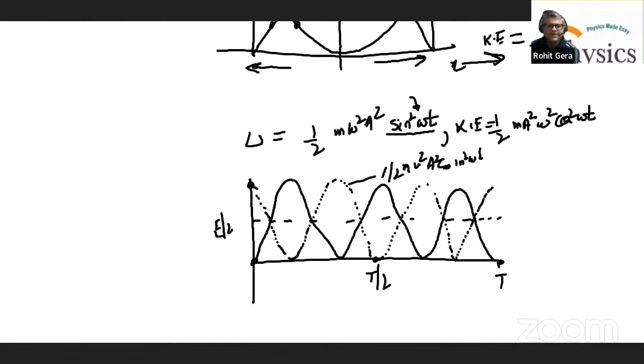X was a sine omega t. And the kinetic energy graph is half m omega square a square cos square omega t. Kinetic energy का जो ग्राफ है,